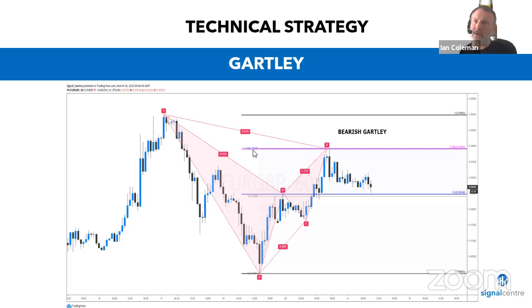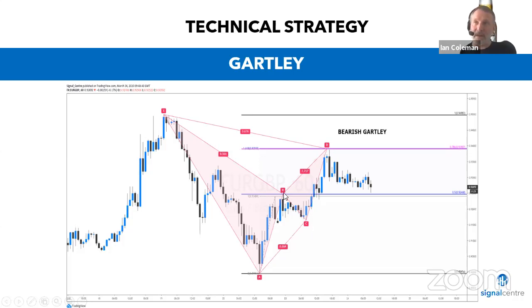Now, one important thing to note is that if you think that a Gartley pattern is forming, i.e. we've seen this leg to the downside, we've seen this leg to the upside, and when it's starting to move down, we've put our extension tool on here, and we've put our retracement tool on here, and we suddenly see this confluence there, and we think, well, I want to buy this leg to the upside. My advice is you're better off waiting for the formation to complete and selling the formation than trying to buy the CD leg. And the reason behind that